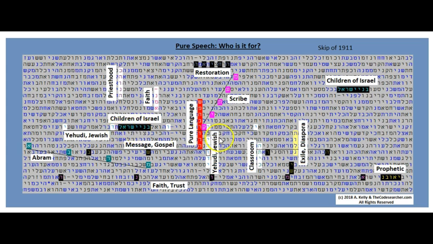And we also have Yehudi, or Jews, and it's crossing over, cutting through children of Israel, and it also is going vertical, the same skip as the access term, Yehudi, Jewish. And we have Bishora, the gospel or the message in the black with the gold lettering, crossing over Yehudi, Resh, and ending with the Hey.